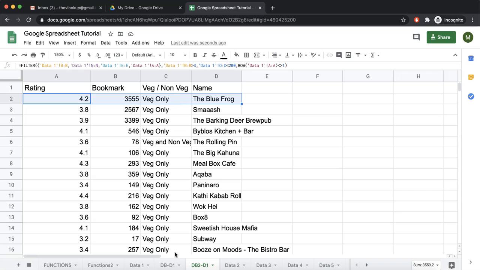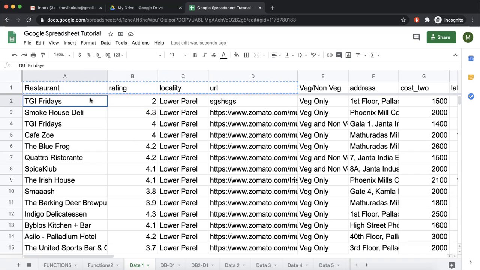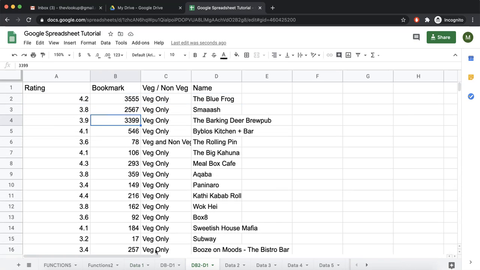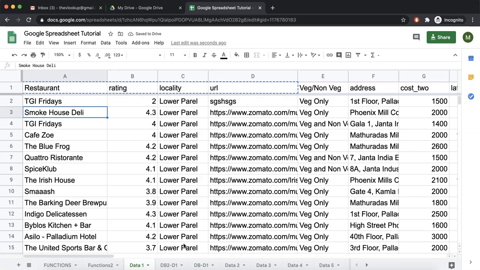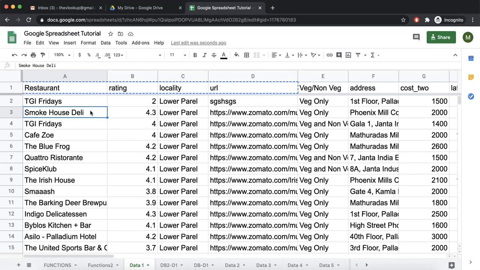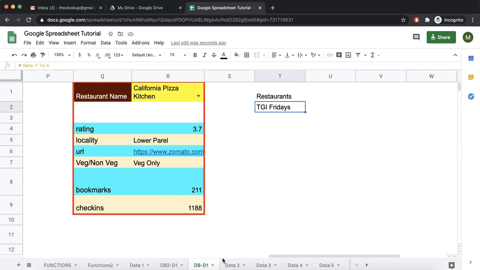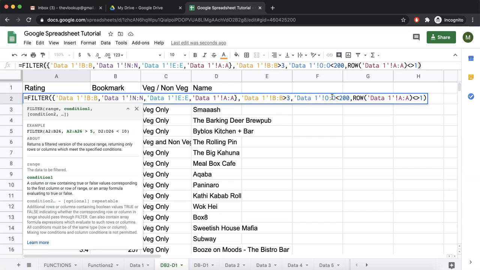So for example, let's see over here. So it went to this row and saw the rating is 2, which is not satisfying the criteria. So this is not printed in our filter. Again it went to the next one, and Smokehouse Delhi, that is also not satisfying, maybe because of bookmark or maybe because of veg or non-veg. It will go and say, okay, this is satisfying, take this. This is satisfying, take this. This is satisfying, no, then don't take this. This is satisfying, take this. This is satisfying, take this. So this way it goes one by one and take all the rows that satisfies all the condition given as a part of filter conditions.